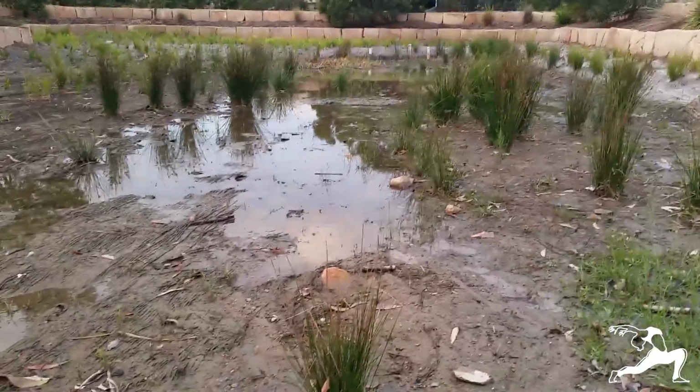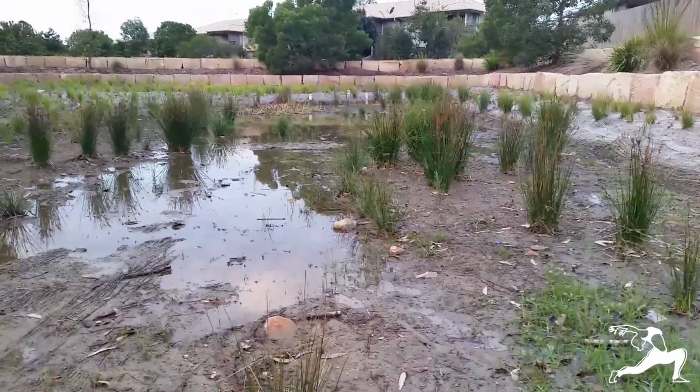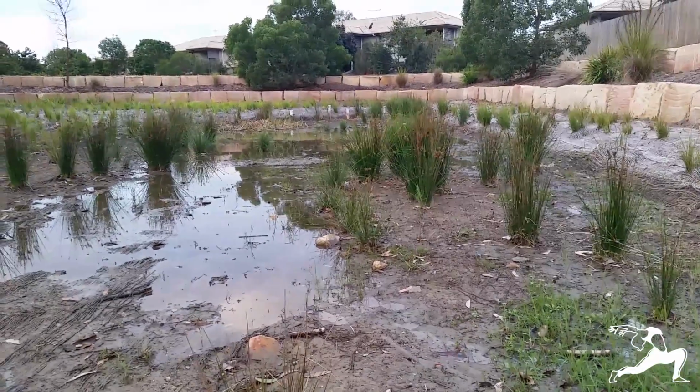This system's draining really slowly. Maybe it's got something like that going on, maybe not. I'm not going to go into this particular system. But the point here is that